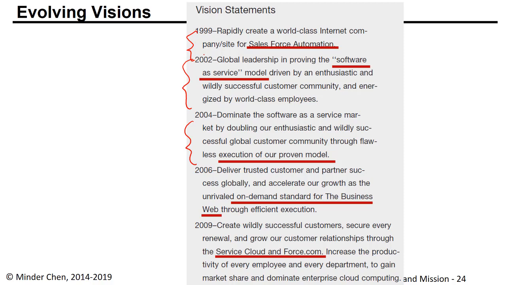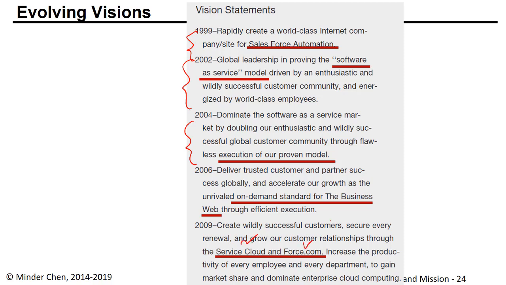I highlight a few keywords in different versions of their vision statement. I'll let you study a little bit, and you need to know what Salesforce as a company and their product is all about to understand certain more technical terms they use here, like Service Cloud.